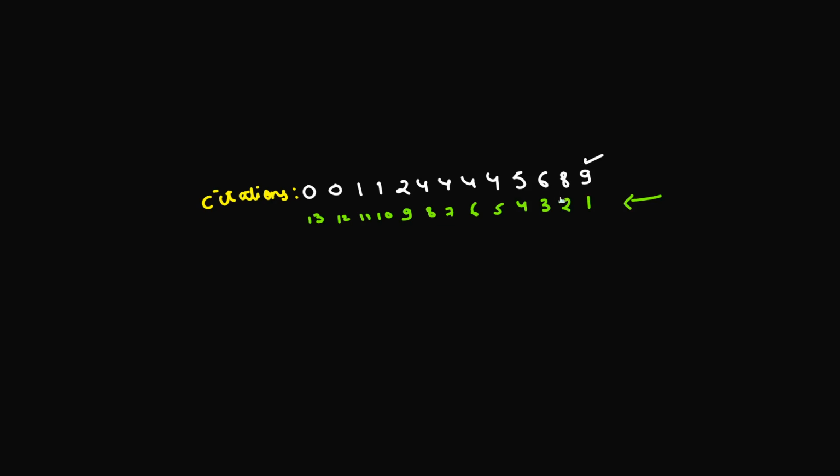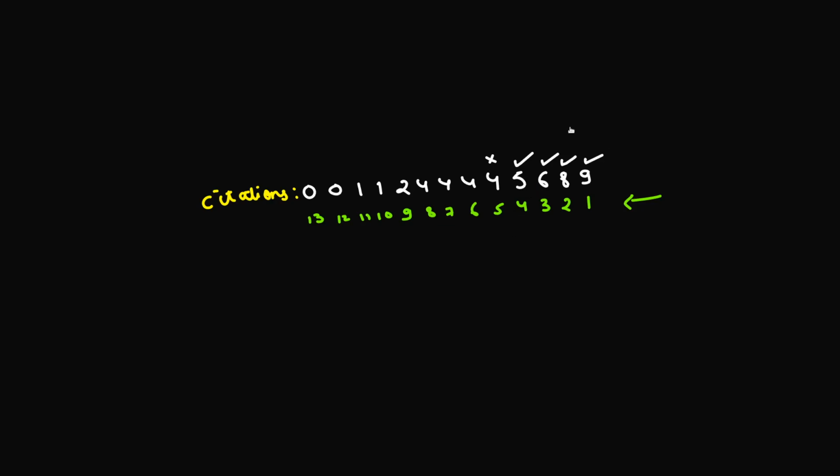Last second paper is having a value greater than or equal to 2. So this is also a possible candidate for h index. Last third one is greater than or equal to 3. So that's also possible. Last fourth one is greater than or equal to 4, so that's also possible. But the last fifth number here, that's not greater than or equal to 5. So this is where we stop our algorithm, and we can see that the h index that we are having is nothing but 4.